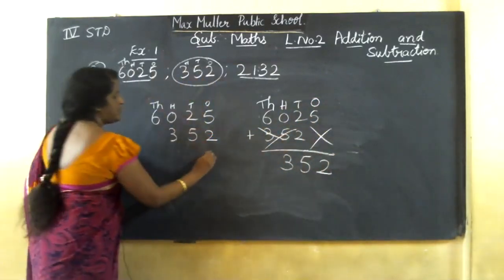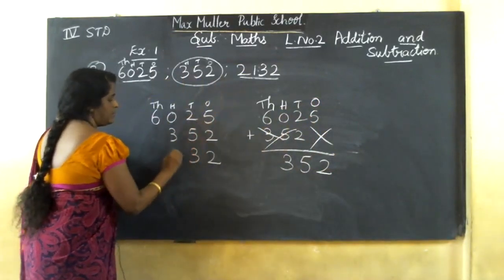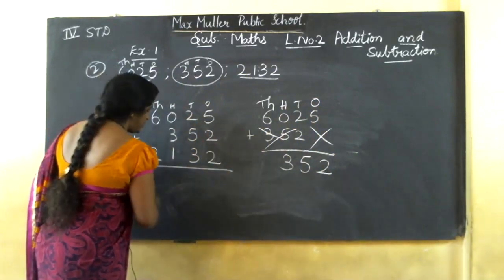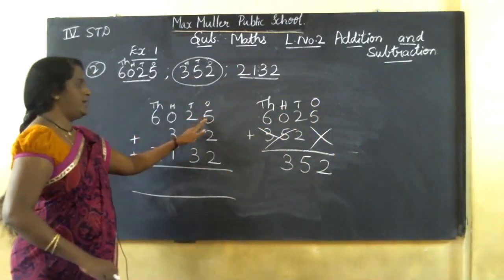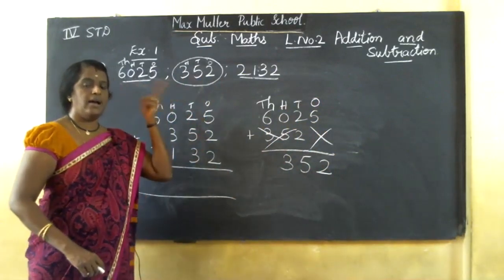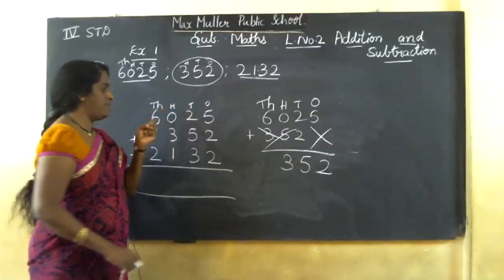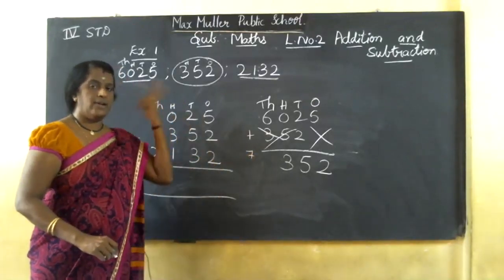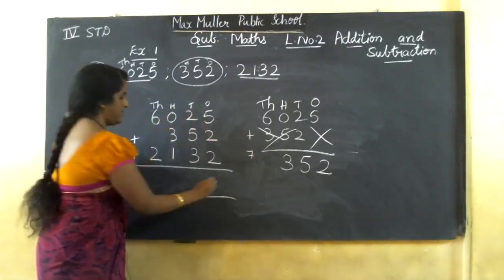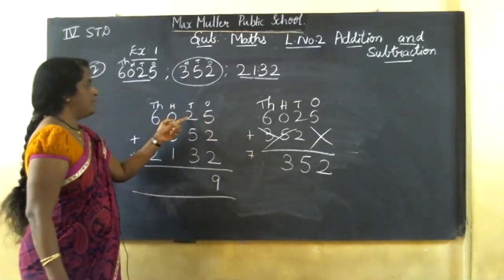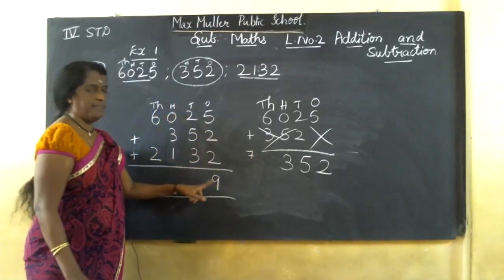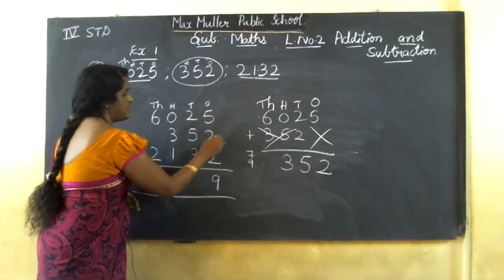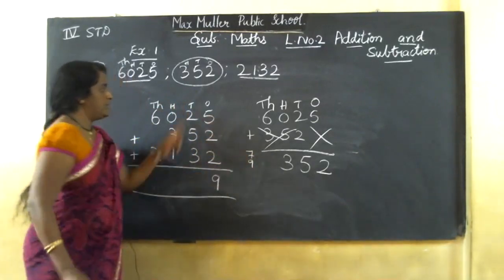Next is 2, 3, 1, 2. You may think how to count. I'll teach you. 5 in the mind, 2 on my finger. After 5: 6, 7. 7. 7 in the mind, 2 on my finger. After 7: 8, 9. No carry, only one number it came. Only one number. So no carry. See, 7. When you count this 2, 7. Here count 9. So no carry.